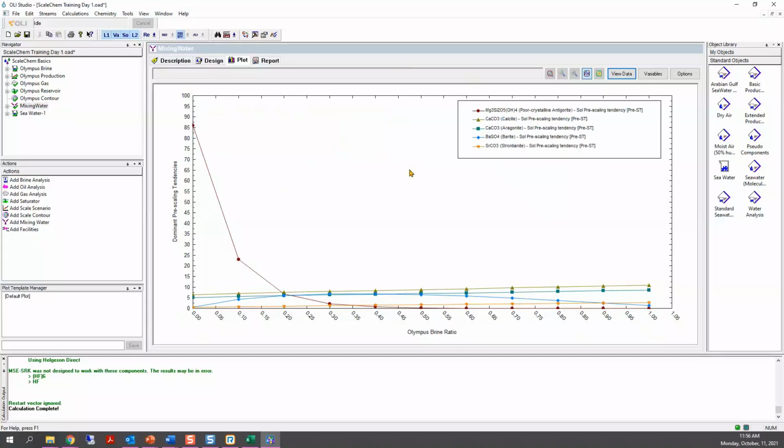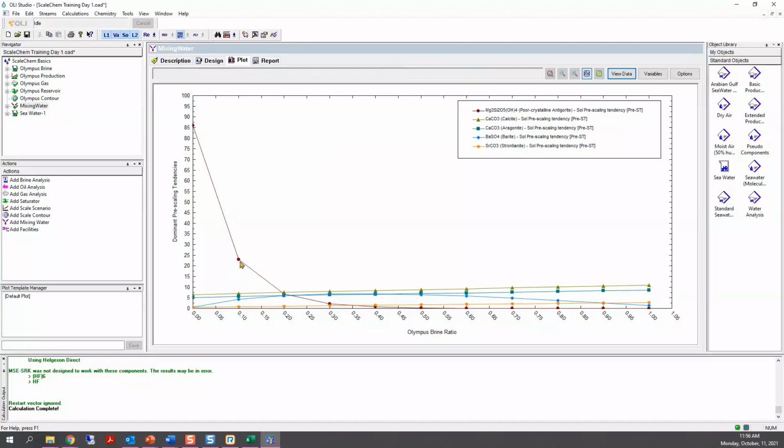dominant prescaling tendencies. In here, I think that this is actually not accurate. It is saying that you will form this solid here, which is the magnesium silica oxide. For some reason, I don't know why we did not select that as a standard scaling, and that is obviously, look at the prescaling tendency of that.